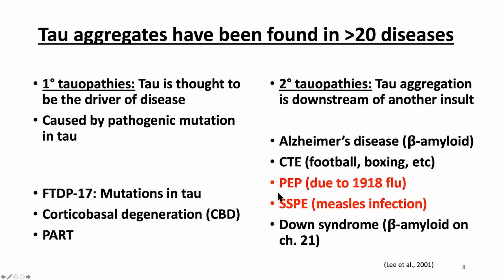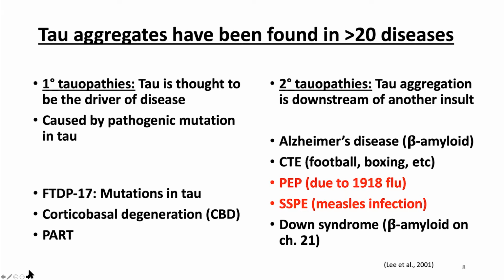And I want to point out, in red here, a disease called PEP. This is actually a tauopathy which occurred after the 1918 flu. After the 1918 flu, there was a pandemic of a disease called encephalitis lethargica, where people had symptoms very similar to what you might imagine with long COVID, and some of those individuals then developed a subsequent tauopathy and passed away. Measles, about 0.1% of people who get measles actually end up with a tauopathy about 10 to 15 years later. So the important point I want to make here is that perturbations to individuals' health, including viral infections, can trigger a process in our bodies which somehow leads to tau aggregation and subsequent neuron